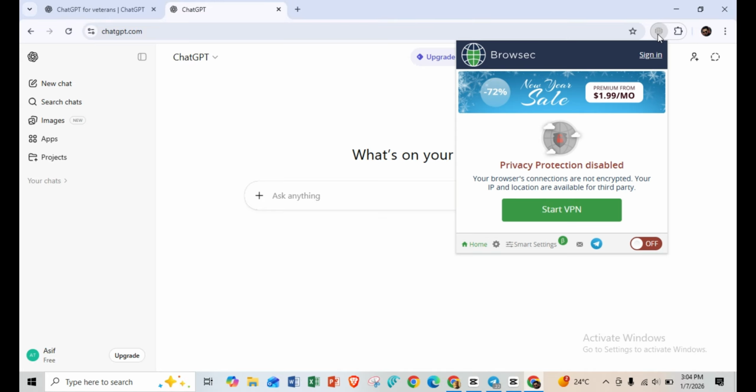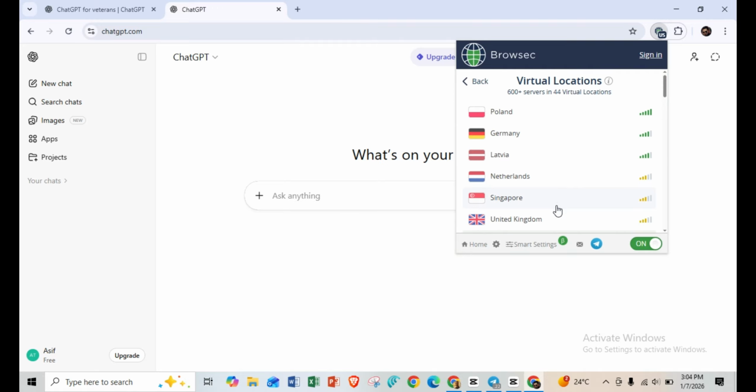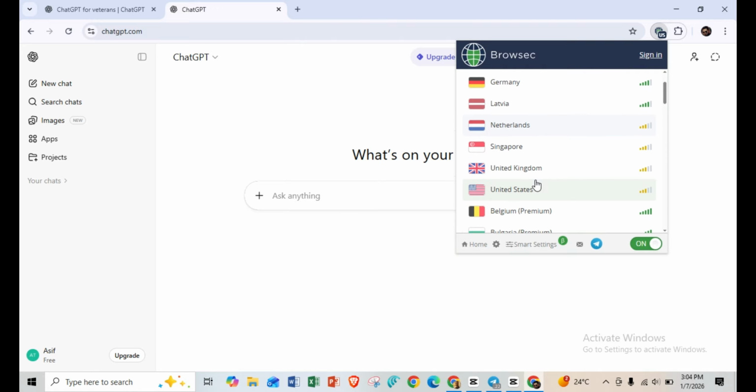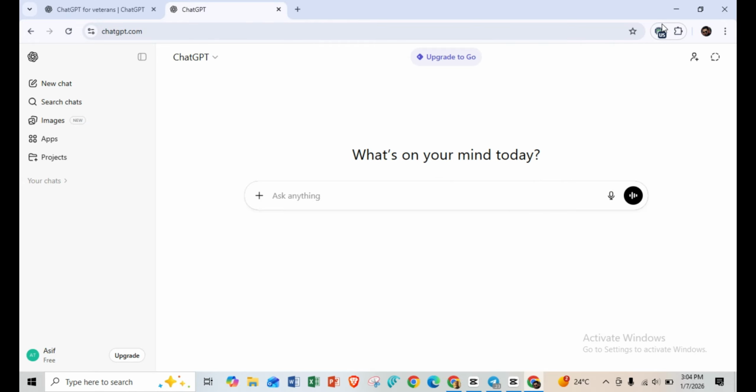Okay, first of all you need to connect a VPN, okay? I'm using a browser VPN because I'm doing this process on a PC laptop, okay? So you can get an extension from Google or Brave browser, whichever one you use, okay? So you can see here a US VPN connected on this tab. Okay, after this